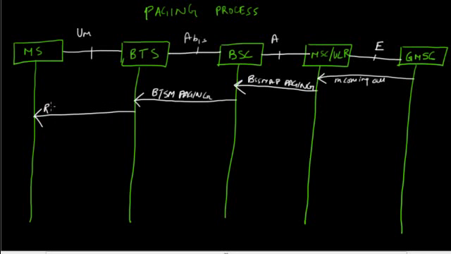the BTS sends a paging request message on the paging channel, RIL3 RR. It's a paging request message to all the mobiles on the paging channel. Now the mobile which is sitting here listens to that paging channel, compares the IMSI or TMSI, and wants to respond back, but doesn't know how to respond because it does not have a channel to respond. So first it's going to ask for a channel, so it sends a